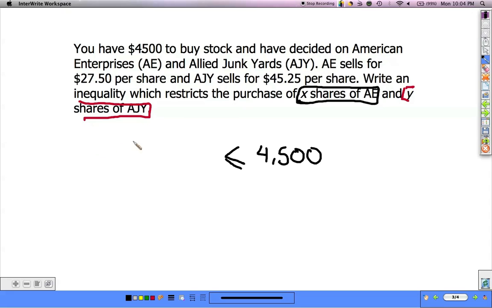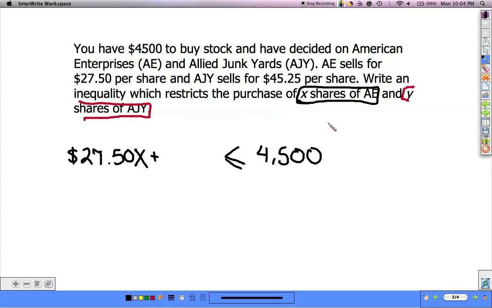So the amount of shares are X, and the shares of AE go for $27.50 per share. So that would be $27.50 times X, which is the amount of shares, plus